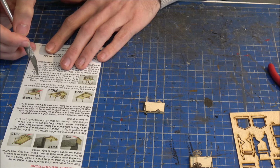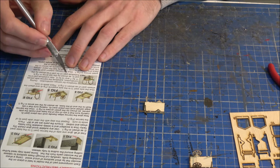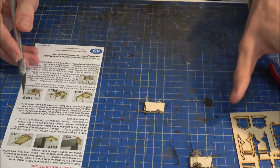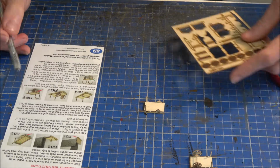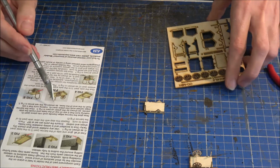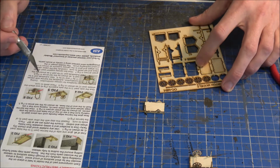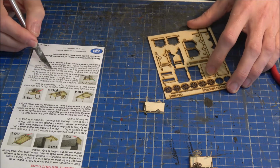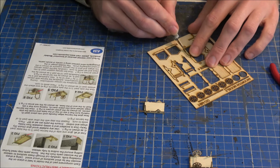So the other parts we need to substitute is part 9 for part 6 and part 10 for part 3. Now if you remember, part 6, just quickly reading back, was for the wheel end and part 3 was for the handle end. So part 3 is now part 10. So let's have one of those